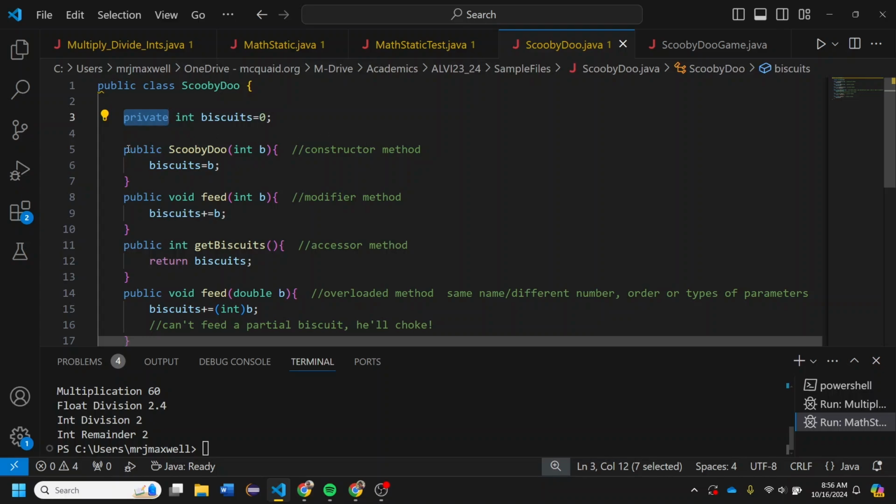I asked the class last night, what's different about this signature, this method signature, also called the method header? And they replied it had no return type, which makes it a special type of method called a constructor method. And basically what it does when I want to create a Scooby-Doo object, and I do so in another class, which I'll show you in a second, this is the method that gets the job done. It puts that Scooby-Doo